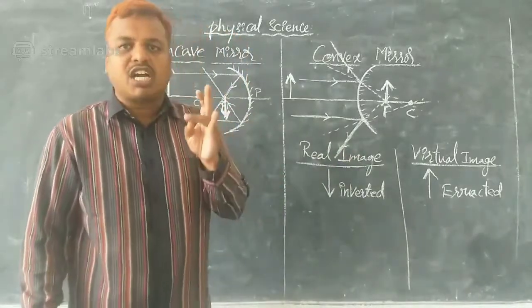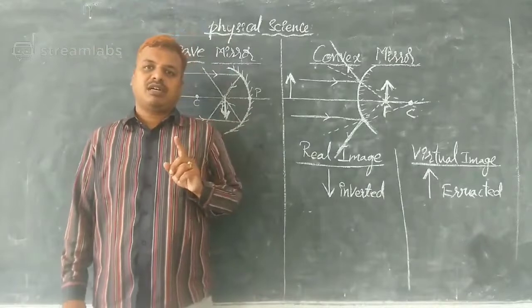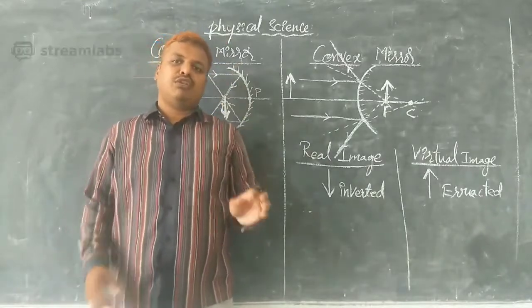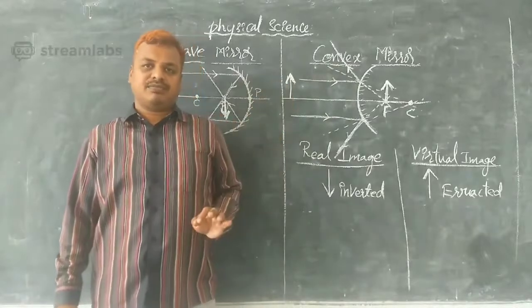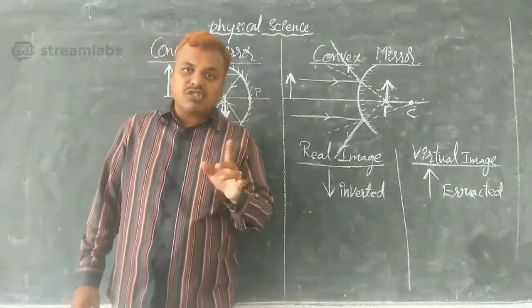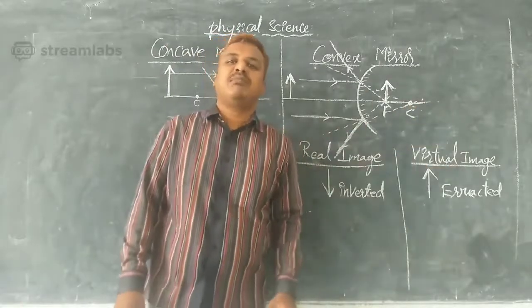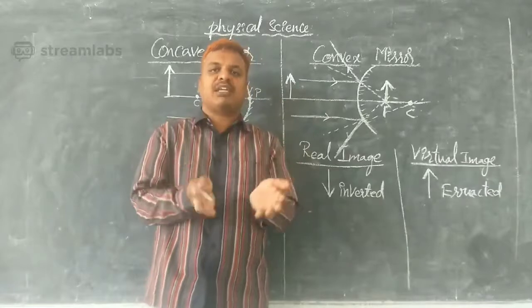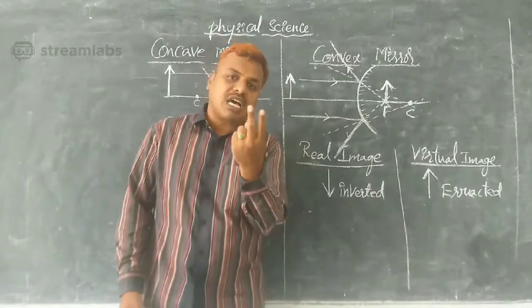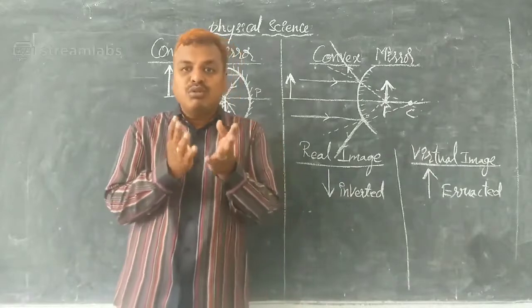Both concave and convex mirrors are spherical mirrors. In a plane mirror, when you stand in front of it, you will see your image inside the mirror. Will you see it as it is or not? Yes, we see the same image formed inside the plane mirror. But it is not possible in spherical mirrors. Spherical mirrors are of two types. It is a great boon to us.